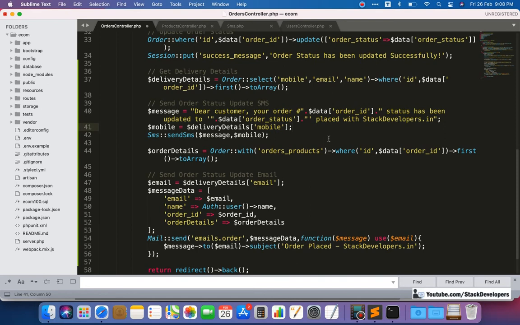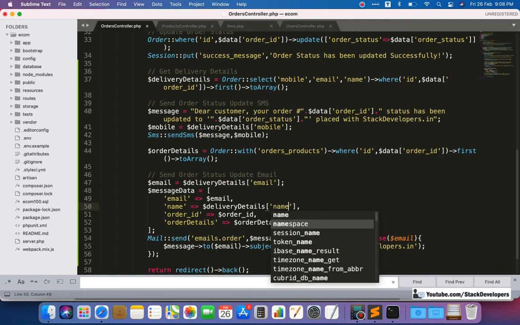If you want to deliver some product, if you want to place some order, then you have to enter your complete delivery details, along with the mobile, name, address. Okay, so we are picking it from the delivery details. So here you can see we have also added the name as well. Here I will copy this one and we'll add it in name as well, like this.